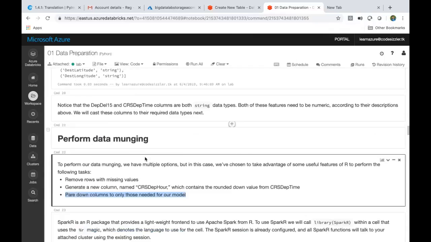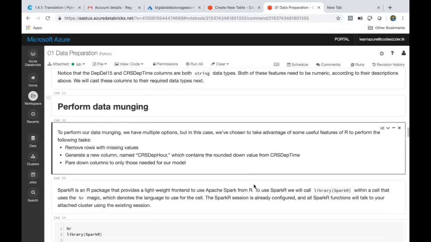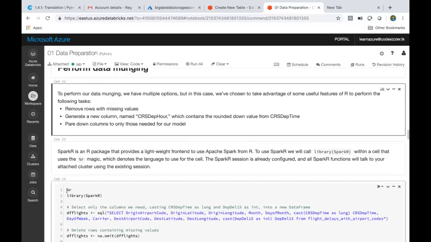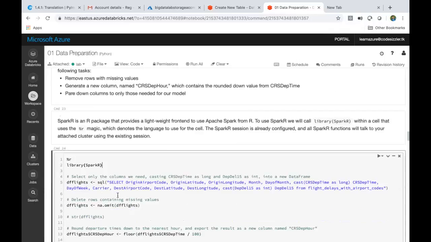As I mentioned, Databricks allows you to work on multiple languages, like SQL, Python, PySpark, or Scala. And you can even write your R scripting also. So let's go and see that. I'm saying percentage %R. That's it. You can import your R language and start working on it. I'm importing a library called SparkR, and see here I'm saying SQL.